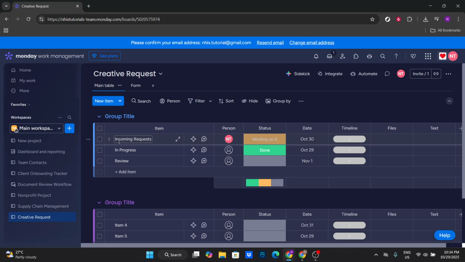To further organize your board, consider adding columns. Columns can include details such as the person responsible, due dates, timelines, text descriptions, and file attachments. These columns act as essential data